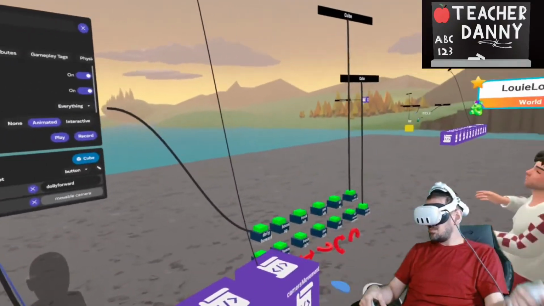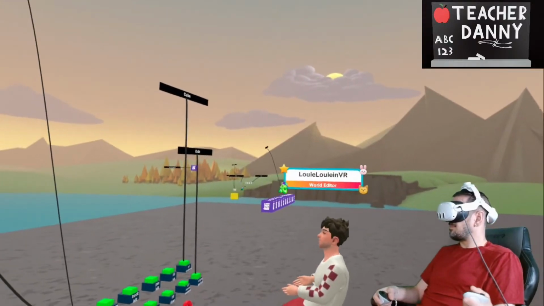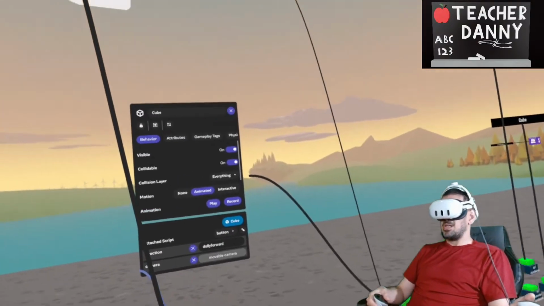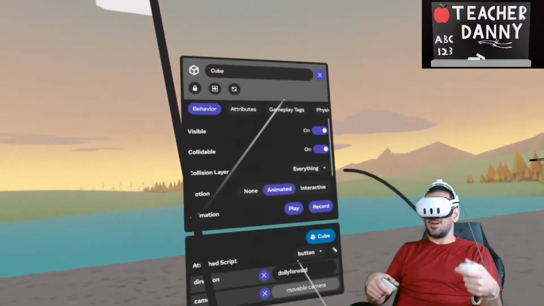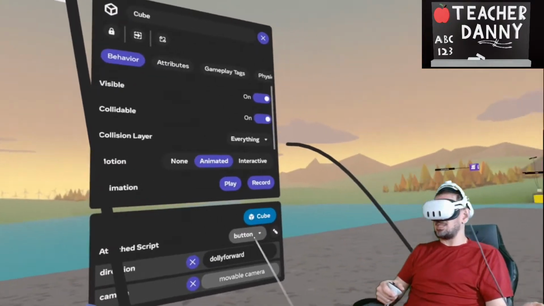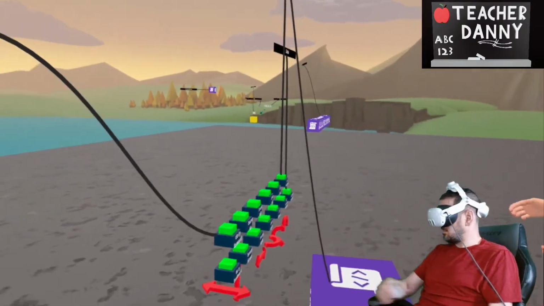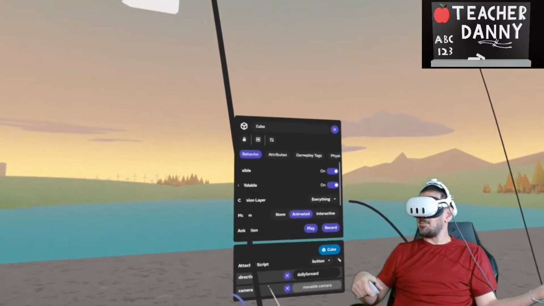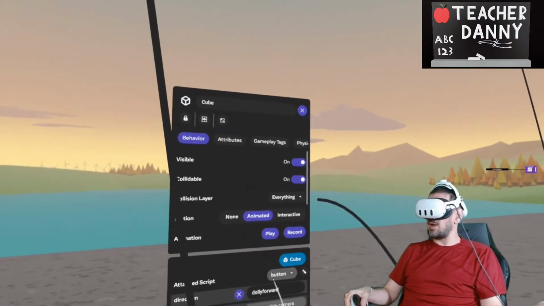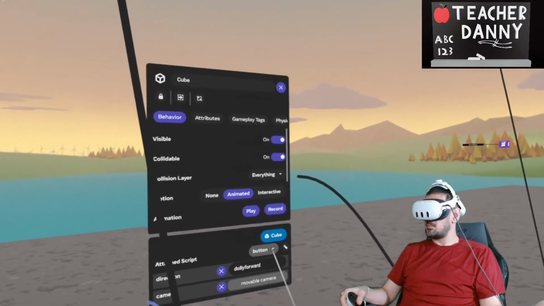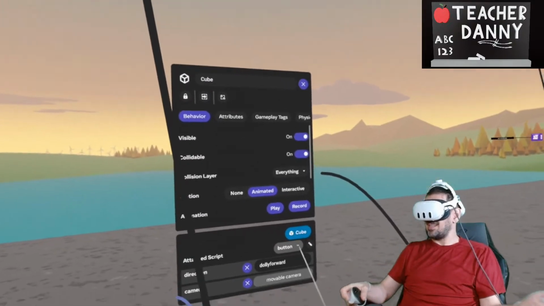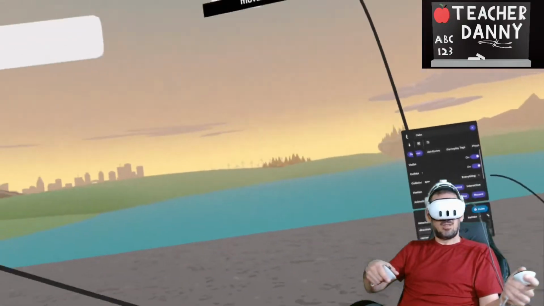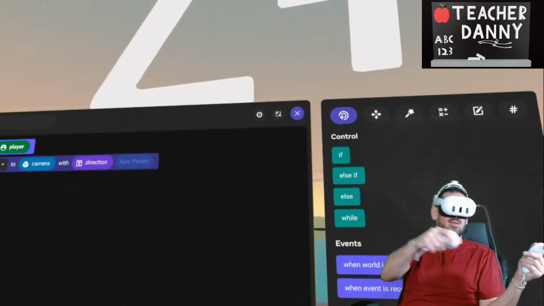What did you do in order for it to obey that specific command that you labeled dolly forward? Okay. So see the attached script. What's the attached script? Here it says direction dolly forward. Yeah, but what's the attached script to the right of attached script? It says button. Right. So that's the script. See this script right here, button? All right, yeah. Okay. So that's the button script. And when we open that up,